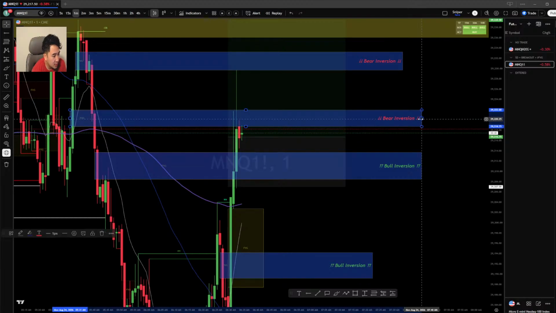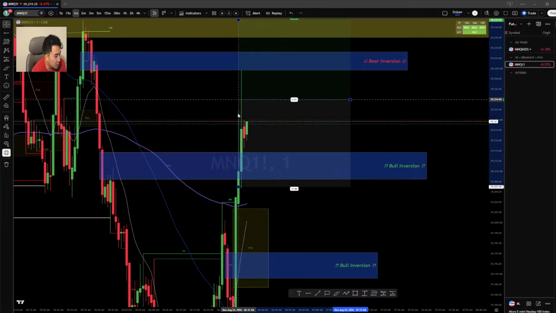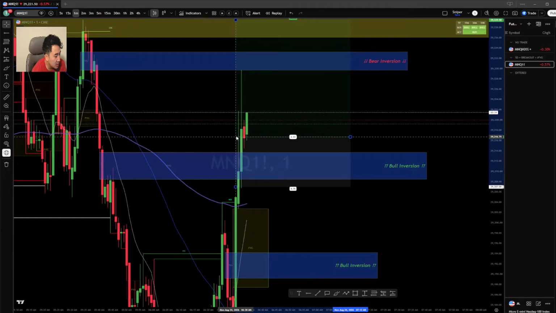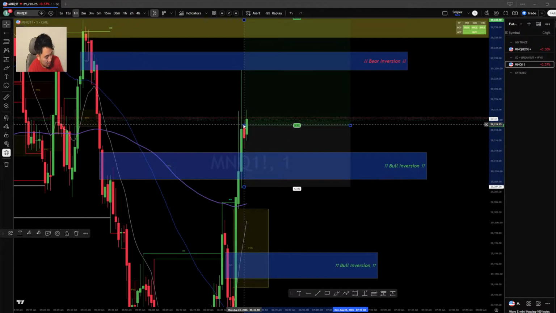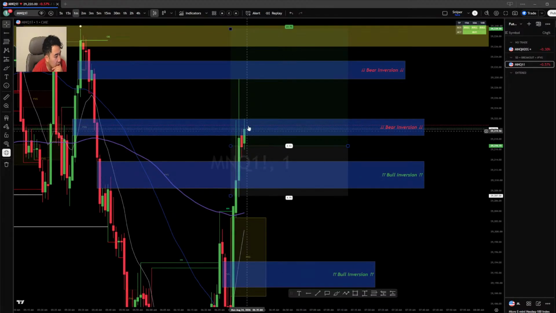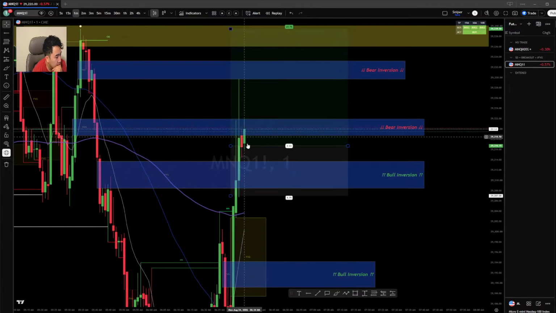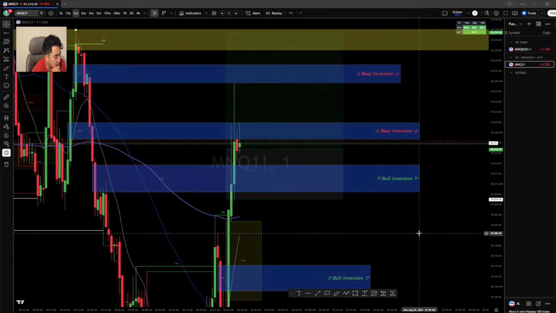If this bearish inversion zone was disrespected, then we wouldn't have to worry about that, and we wouldn't have to start trailing if we did get in for a trade here. Maybe a close over it, disrespect it, and then we could delete that, have price pull back, and then look for an entry.